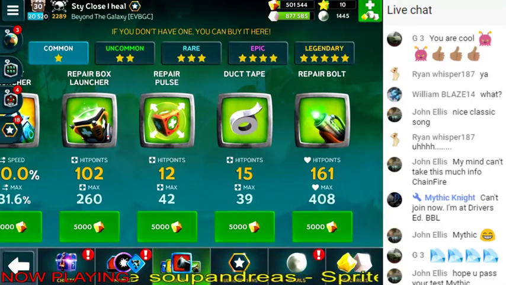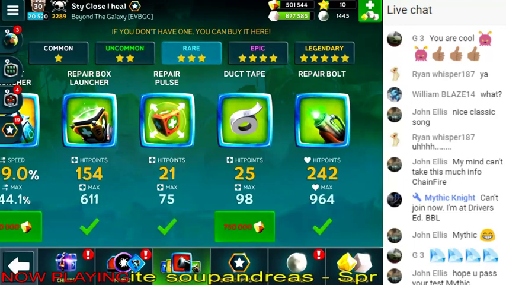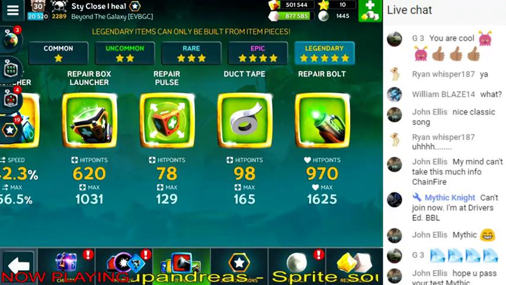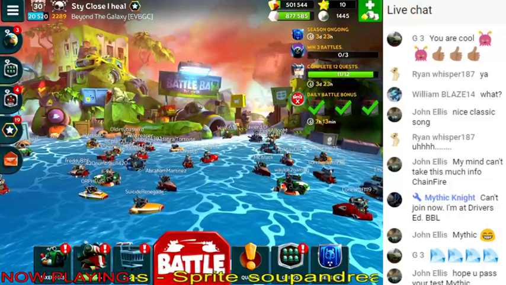So then on the top, you're going to see these are the common ones. They're just plain old ones you first begin with, but very soon you're going to move to the uncommon ones, then to rare items, epic items, and then of course legendary, which are very, very hard to acquire. On the bottom, what we're going to look at here,